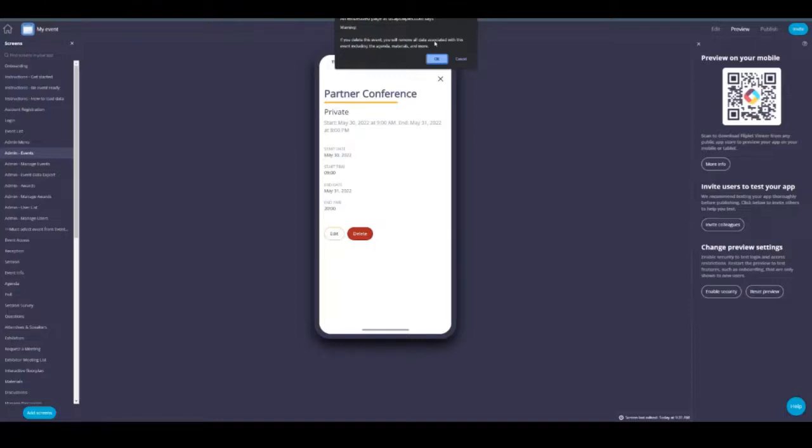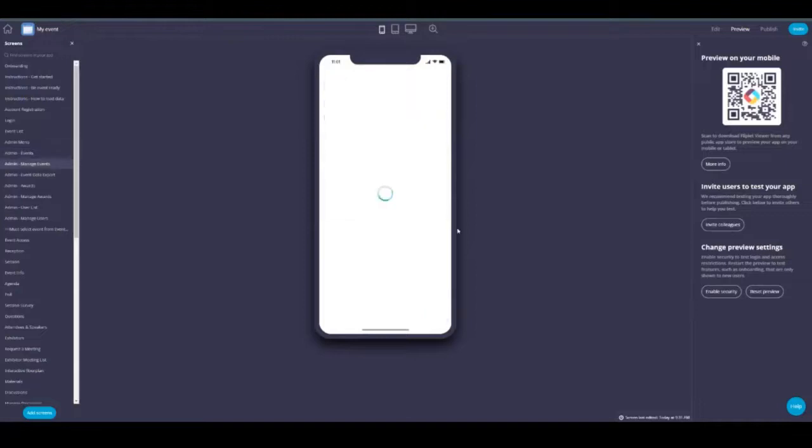You'll see you get this warning that lists basically everything is deleted. Not the users, of course. Those, again, are for the whole app, not a specific event. But if I want to add a new event here,